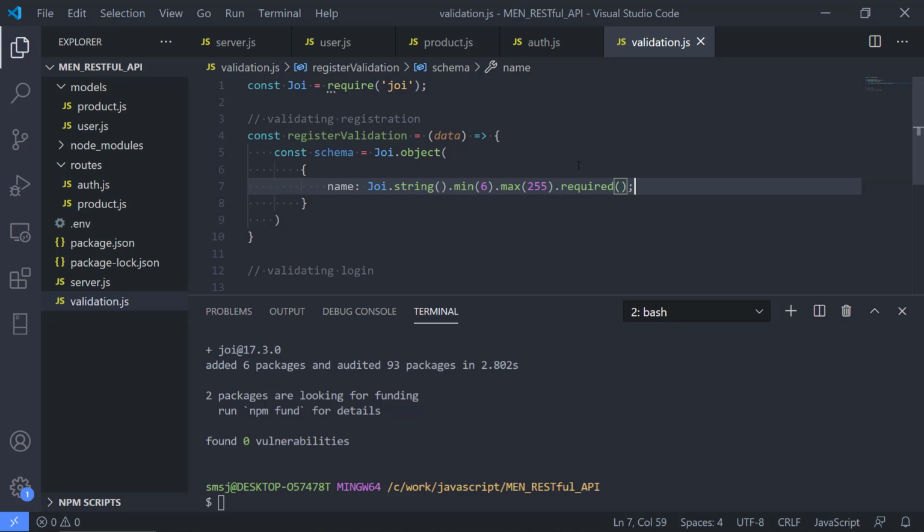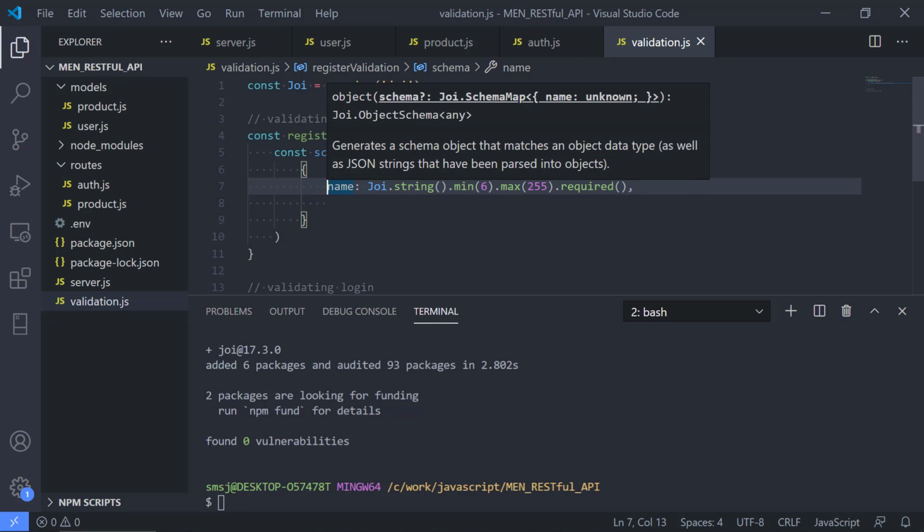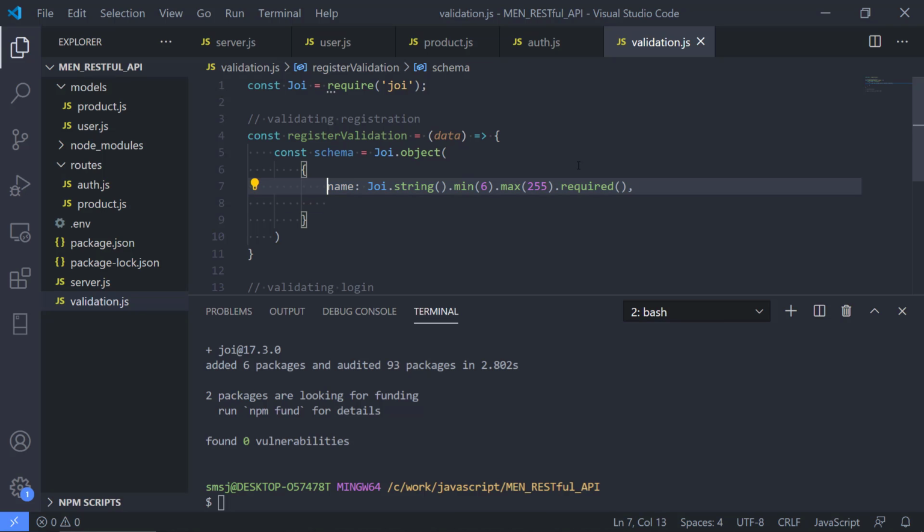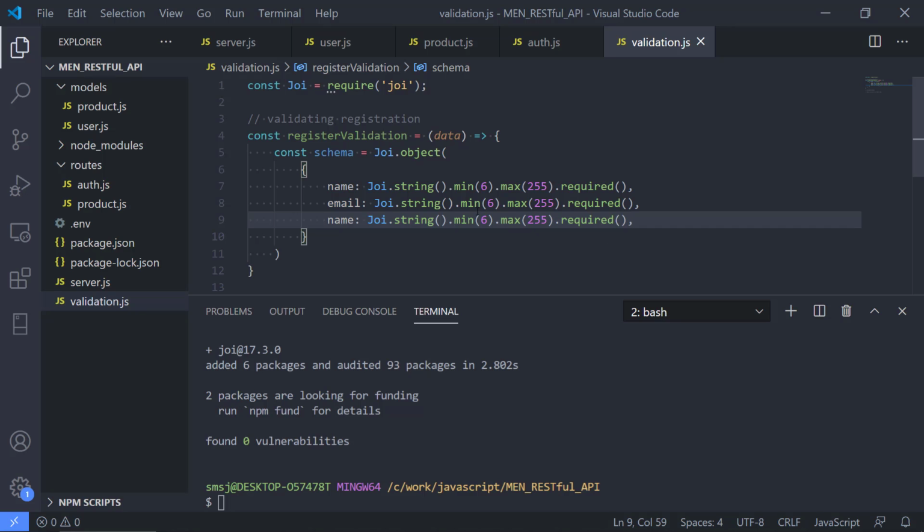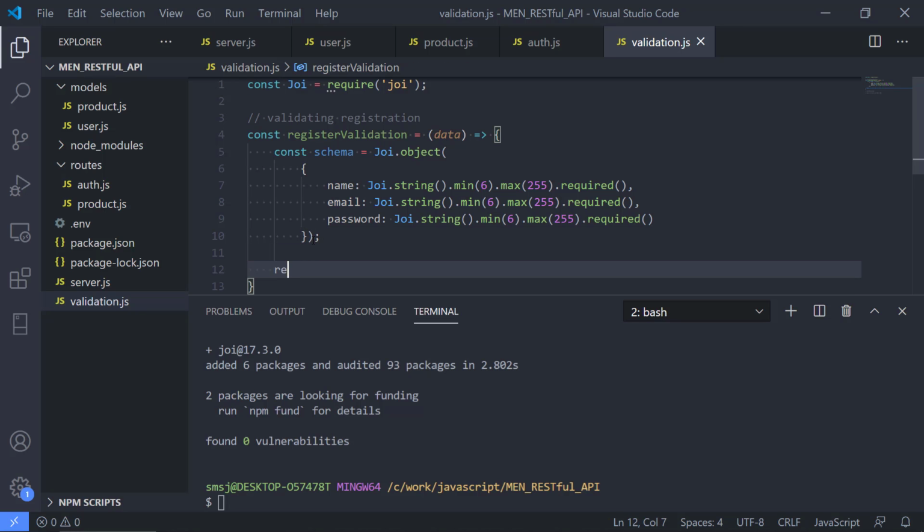So it should be present in the input that we send in Postman, for instance, or in the front end eventually. So we're going to copy this line because it's going to look a lot like it for the email and also for the password. Of course, this is only for demonstration purposes, so you can modify this to your own needs. But right now we're just going to keep it this way to have a simple approach on this. Yep, let's just take this guy up there and let's return